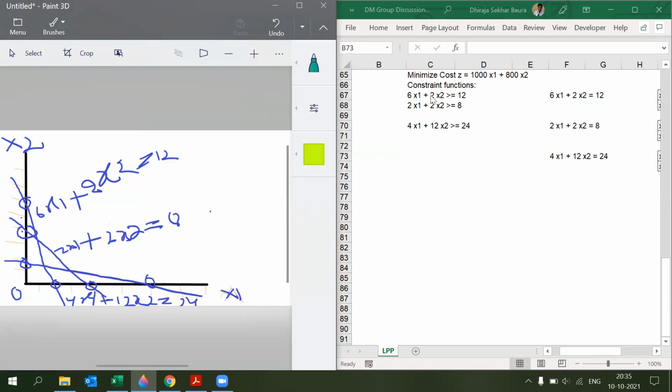Now let's find out 6x1 plus 2x2. This is the line. What is it greater than equal to? Towards origin is this side, and opposite side of origin is this side. Yes. So because it is greater than equal to, the feasible region for this line would be this side. Do you agree, everybody? Yes. Awesome. Now this will be included, everything will be included like that. Okay, now 2x1 plus 2x2 is more than equal to 8. That is this line. So again, this is also more than equal to. Now if that is more than equal to, then the feasible region will be starting from here for this specific line. Forget about everything else, just this line will be this portion.